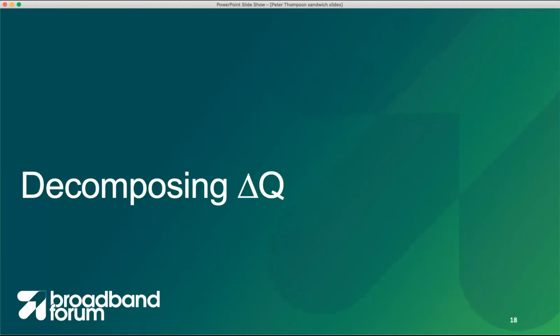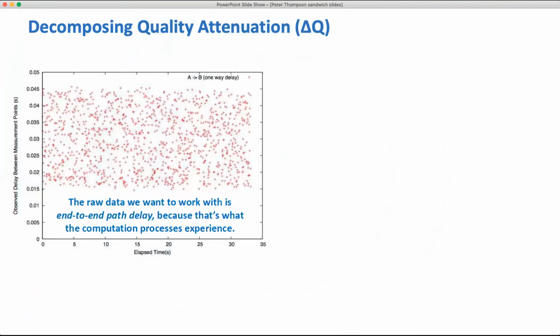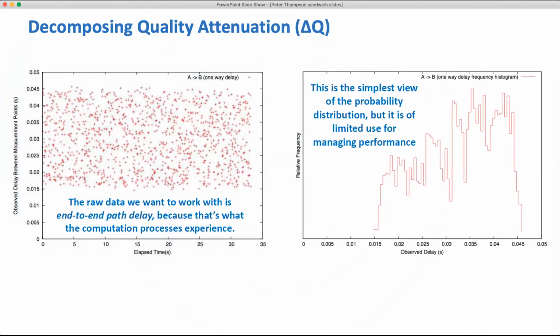When we've got this information, what can we do with it? Well, one thing we can do is extract a bit more structure and information. The sort of results we get are something like this. This would be a series of transit times of packets over the period that we were doing some measurement. So this is the raw delay. We could turn that into a distribution, which is fine, but maybe we can do better.